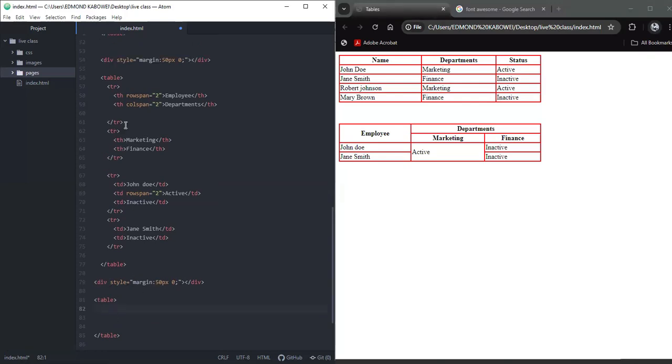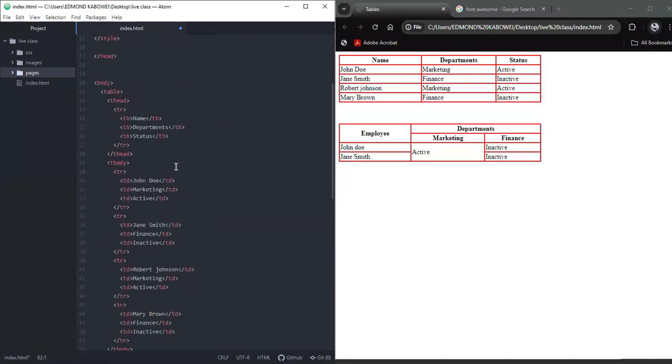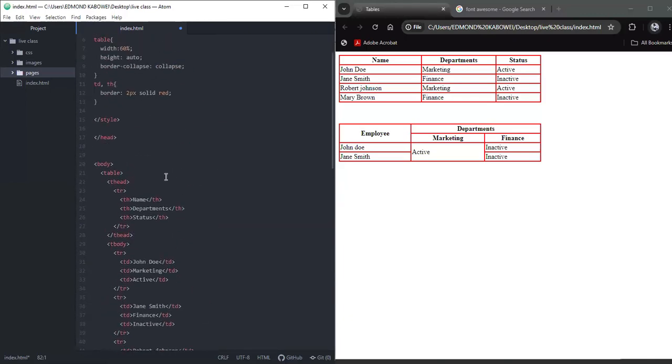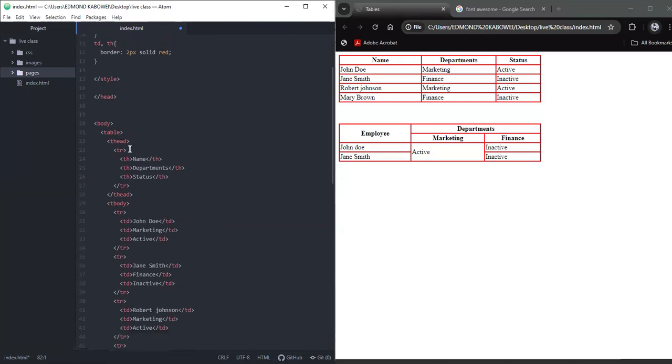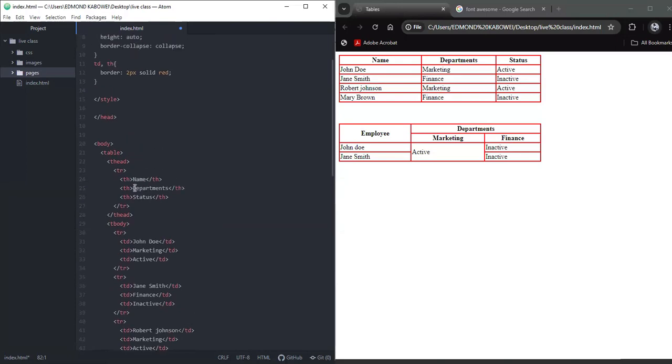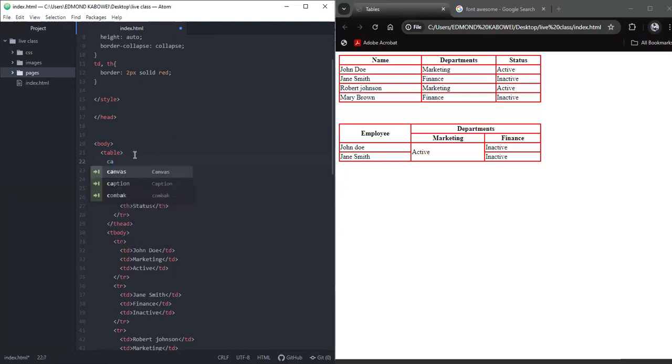Now I would just use the first table since we don't have much time left. So I'm going to include Font Awesome icons in this table. But first, I want to show you how we can include a caption for this table. The caption is like a heading for our table. Now in the caption, I'm going to name this table